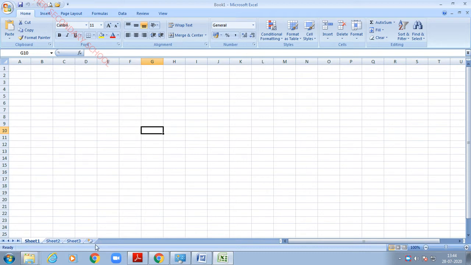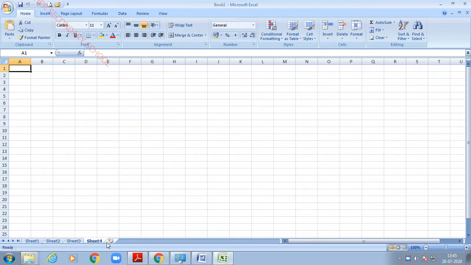This is the default. In case you would like to create more sheets, you can create them with the help of the Insert Worksheet option. If you don't know the name of this option, no problem. Just place the cursor on the icon and it shows the name. Now I am going to click this Insert Worksheet option. Again one sheet will be created like this.